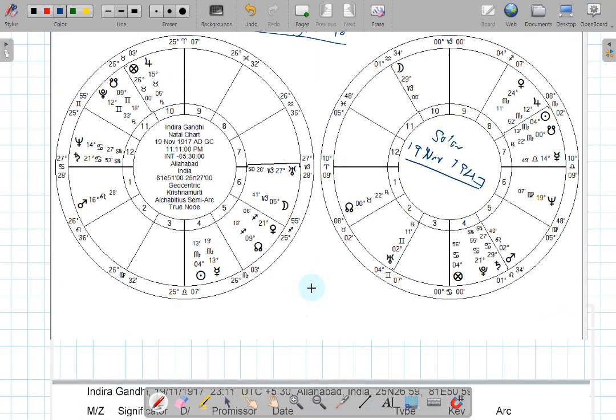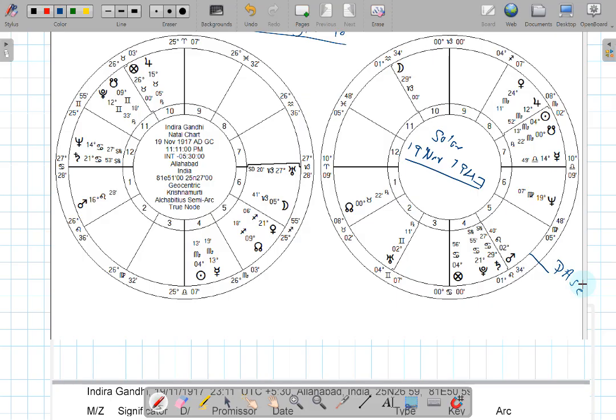24 to 30 degrees Leo. If I superimpose this on the revolution chart, the solar return chart, this is where the directed ascendant is. The directed ascendant is actually falling in the 5th house of the solar return chart. 5th house, children. So the directed ascendant is now falling in the 5th house of the revolution chart, and hence it has vibrations related to pregnancy, childbirth, and all those aspects.